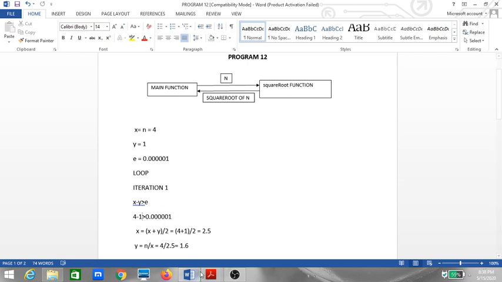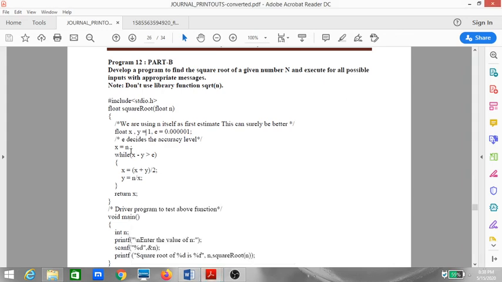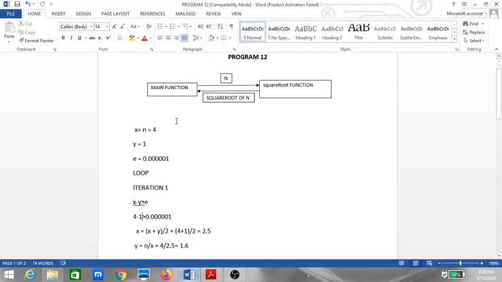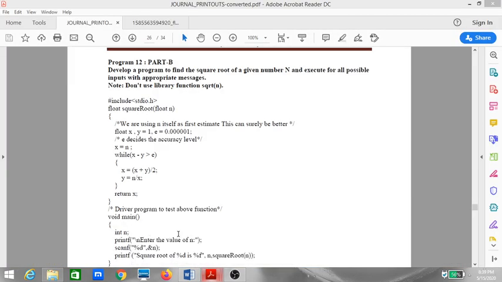The e value is this. So that is what we are comparing here in the while loop. The condition is this. That is x minus y should be greater than e. Only if this condition is true are we entering the loop here. So is this condition true here? The condition is true. 4 minus 1 is 3, which is greater than 0.001. So this condition is true. So I enter the while loop and then do the calculations.